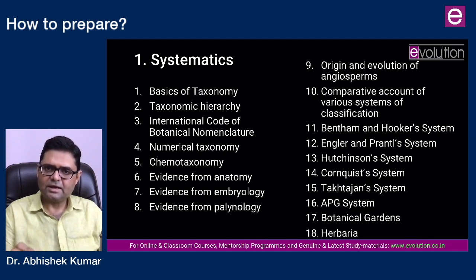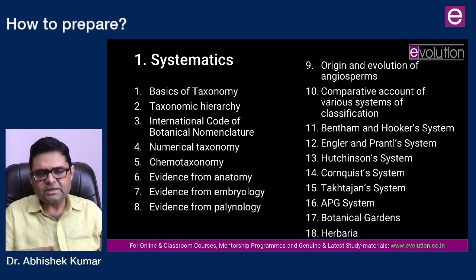Next, certain aspects of modern taxonomy, numerical taxonomy. So how do we create operational taxonomic units? How do we record the character data set? And then how do we analyze that? Numerical taxonomy is not a new exercise, but with the passage of time, the numerical taxonomy has been boosted by the facility of computation, and numerical taxonomy has grown as a field significantly. In numerical taxonomy, questions have been asked either directly or on operational taxonomic unit or OTU concept. Apart from that, you have to do chemotaxonomy.